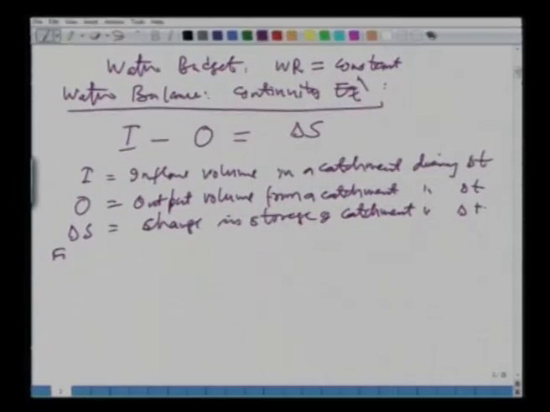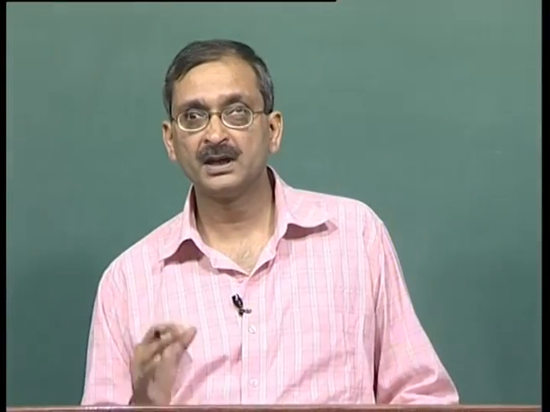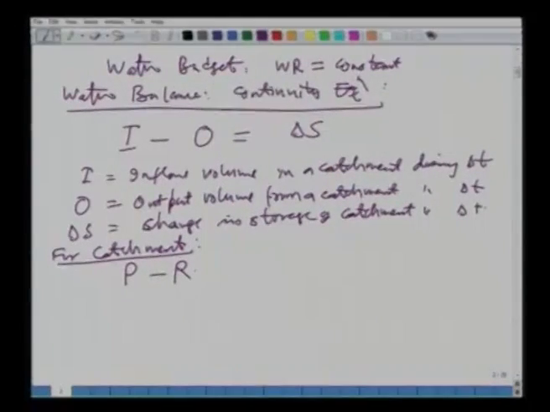So, for a catchment, we write different inputs and outputs which are physically existing in the catchment. So, the main input is the precipitation. There could be runoff out of it, the groundwater flow component, the evaporation, there may be some transpiration,